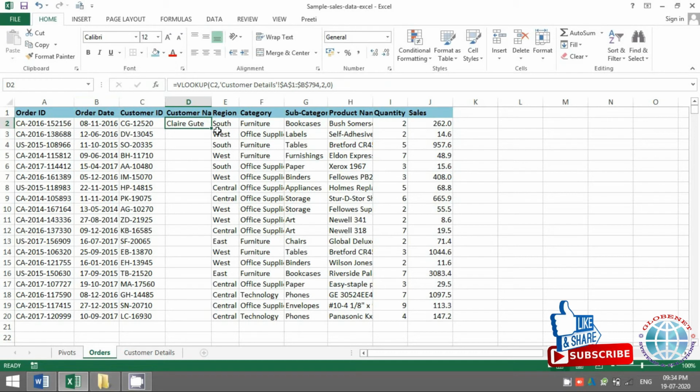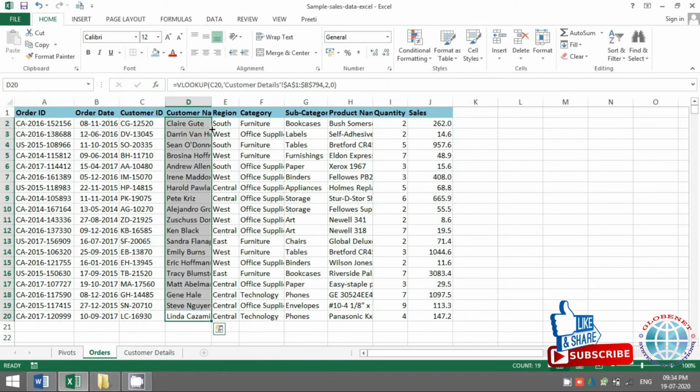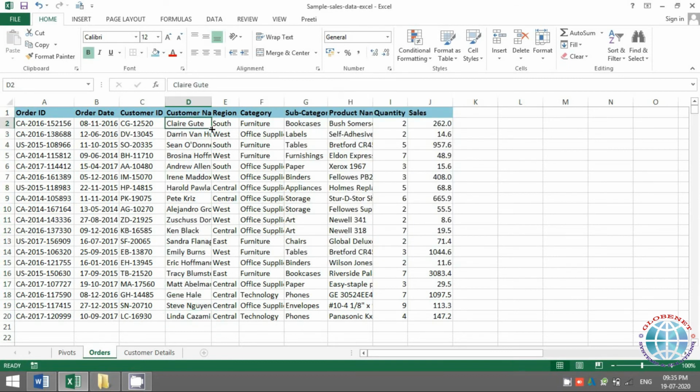And then I'll drag the formula, double click or use the arrows, copy it down and do a Ctrl D, whatever suits you. I want to remove this formula because you should never keep VLOOKUP formulas when you send a file to someone, because if, for example, the data table array was in a different sheet, it will always take the path of that sheet. So it's always a good practice to make it paste values. I'll do a Ctrl C, Ctrl Alt V. So this is how we work with VLOOKUP.